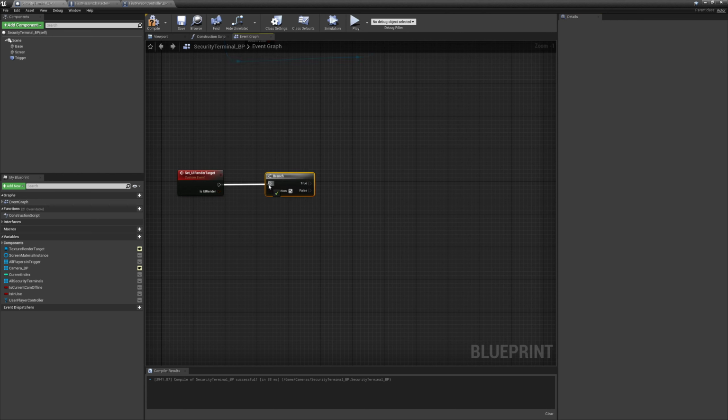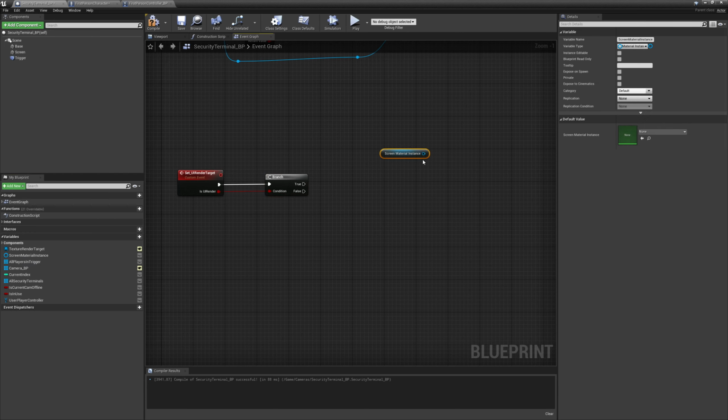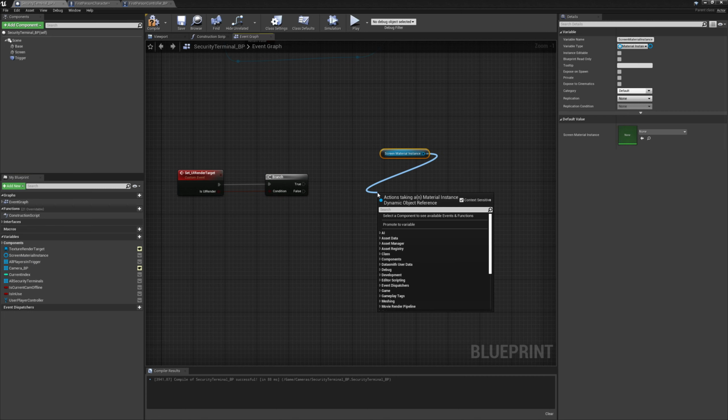Get a branch in here, plug it in. So if it's a UI render, I want to set the UI texture render target. So I'm going to get my screen material instance, and I'm going to say set texture parameter value,